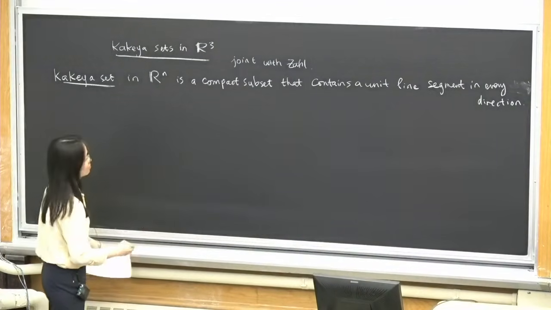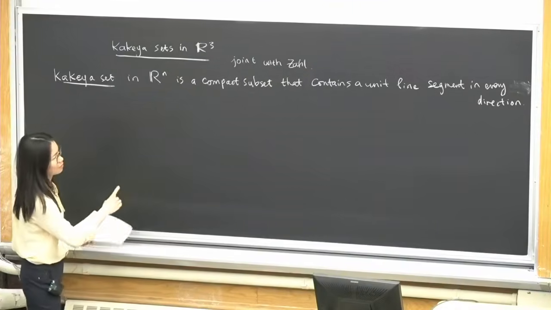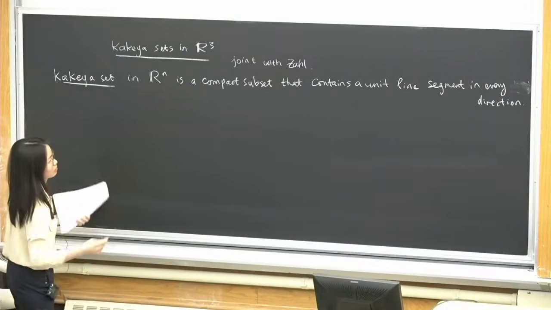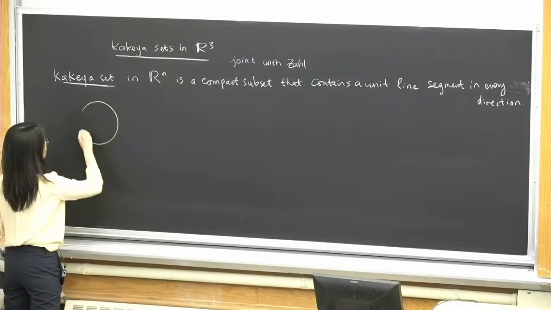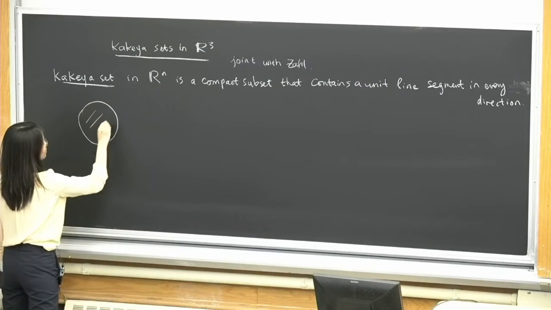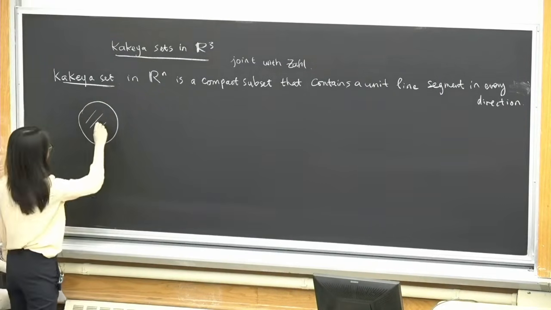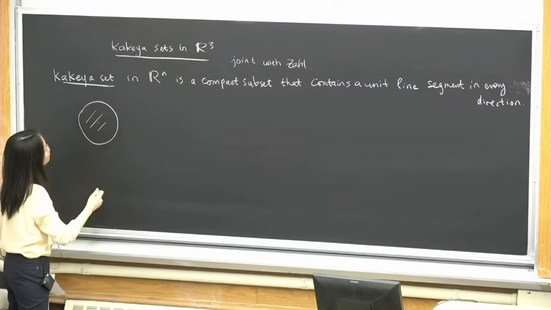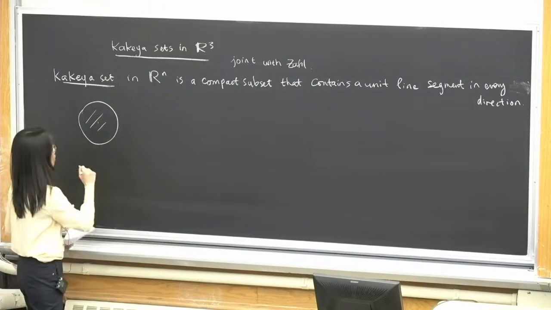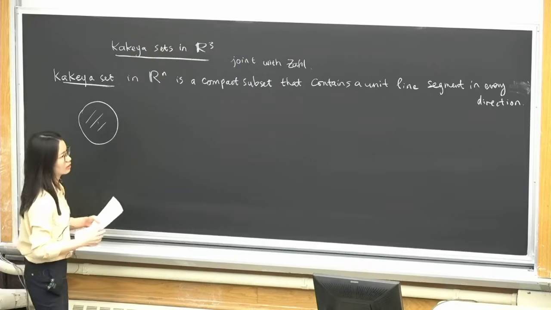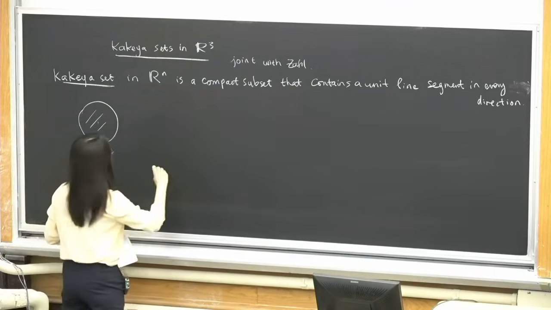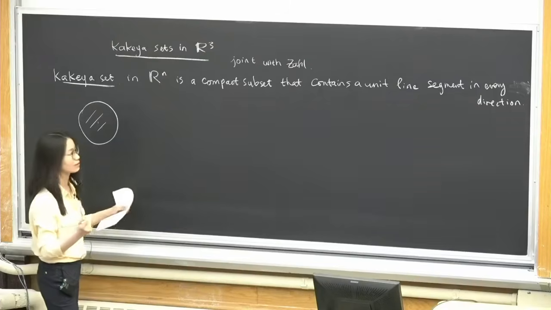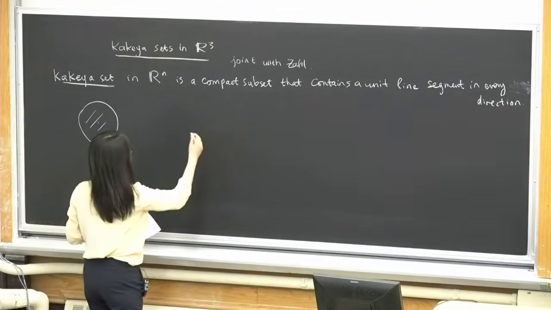Okay. So when we look at the definition of a Kakeya set, an immediate example that comes to mind is this unit disk, and then the unit ball. Then the question is, can you make the Kakeya set slightly smaller? For instance,